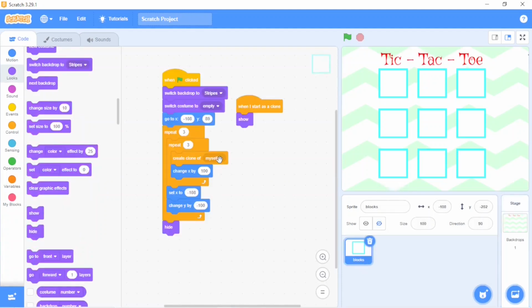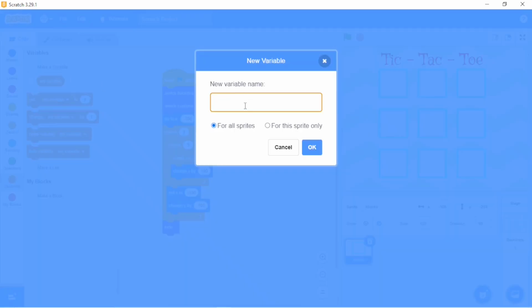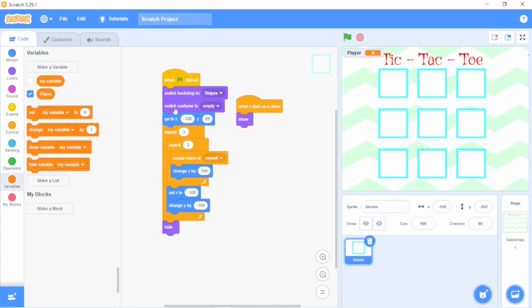Choose the block. We are going to make the coding according to the player. When we click on these blocks, it will show X where we choose the yellow cat. Instead of that, we use the white cat face, right? I need one variable for that. That is, I'll make player.